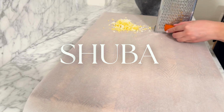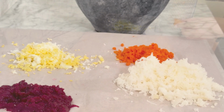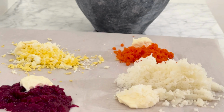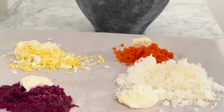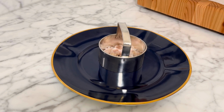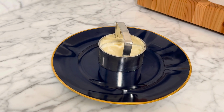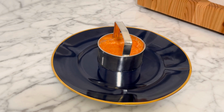Shuba is a salad and can be served as a cold appetizer. Start by boiling your potatoes, carrots, beets, and eggs. Combine with mayo and salt. Mix individually. In individual molds or on your serving platter, add herring that's pickled, your potatoes, carrots,